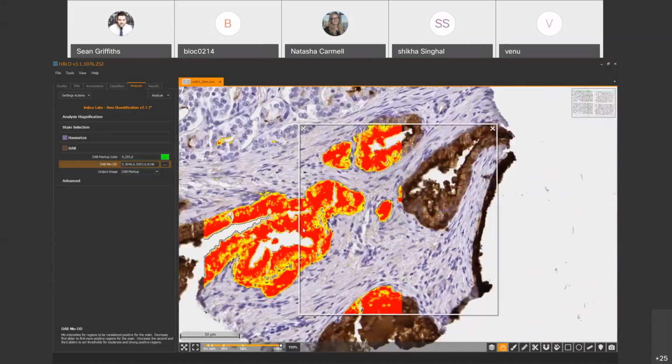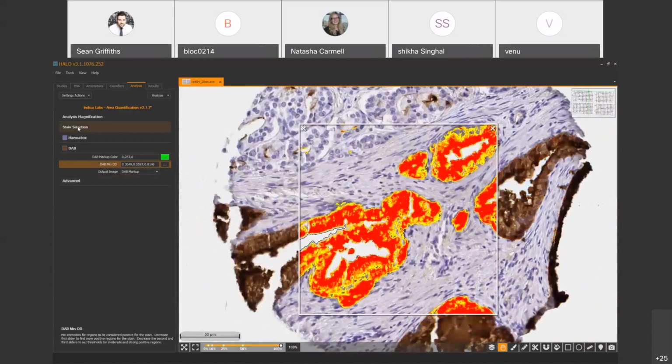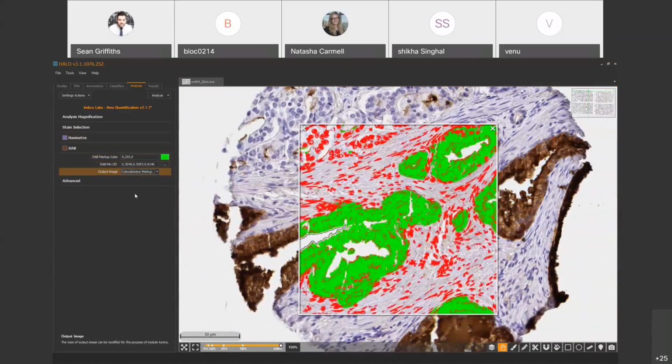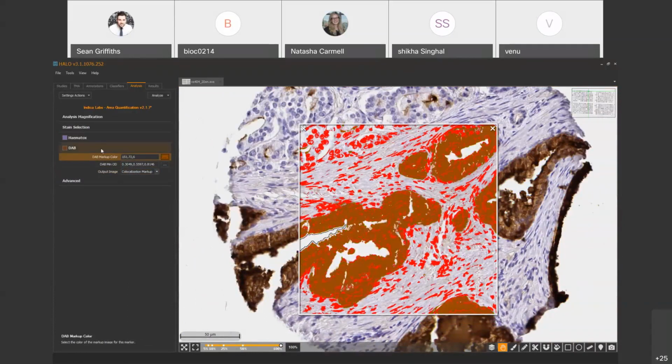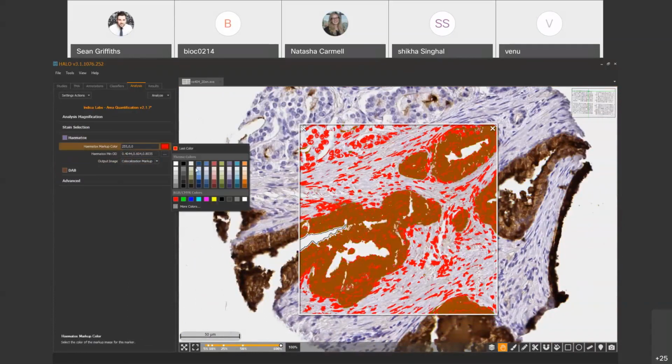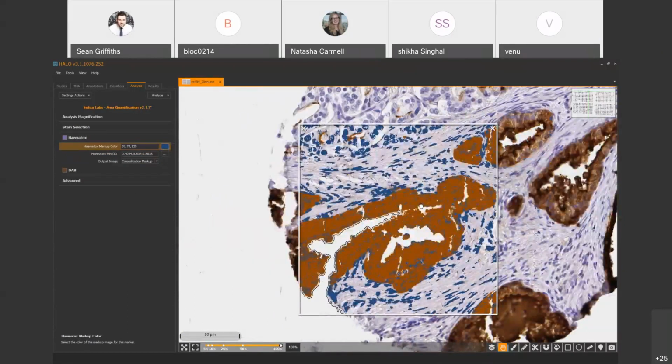Okay, great. What you can do now is, if you wished, look at the co-localization markup, and it's possible to change these colors. So if you wanted it to be brown and blue on the markup, those colors now best represent the input stains. Some people like to have the markup overlaid in the same color, and other people prefer to have a